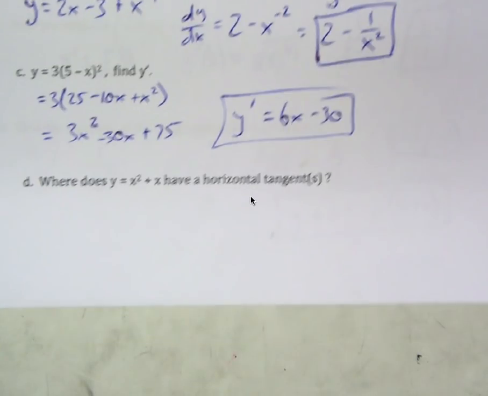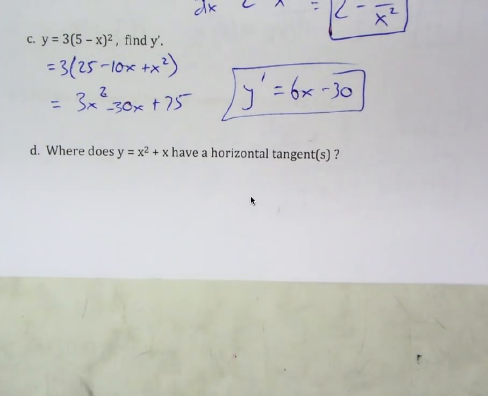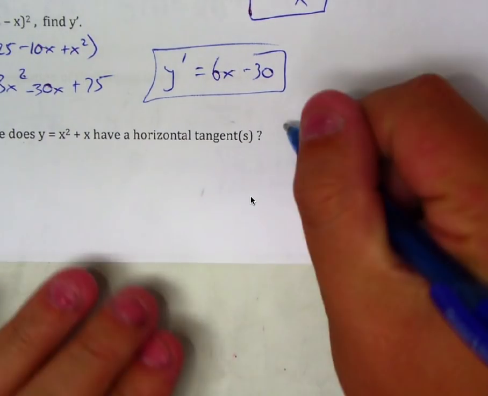All right, the last question. Where does y equals x squared plus x have horizontal tangent or tangents? When it says where, they're asking for the x value, if you will. But understand the question. The question is really saying, I'm going to star this,